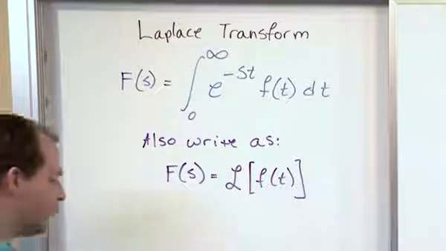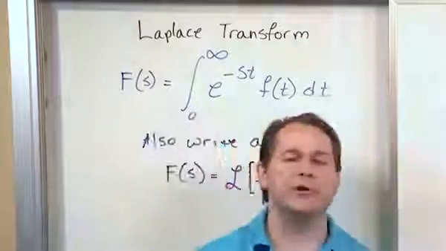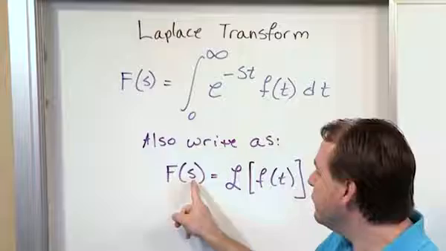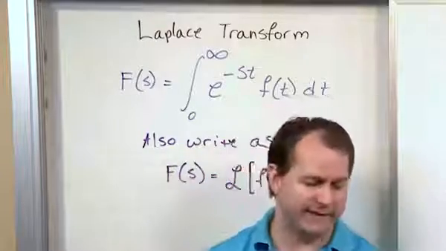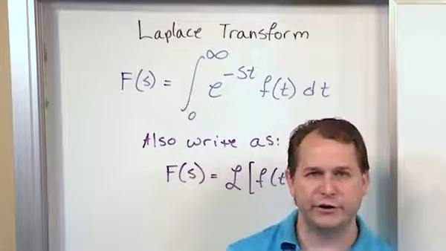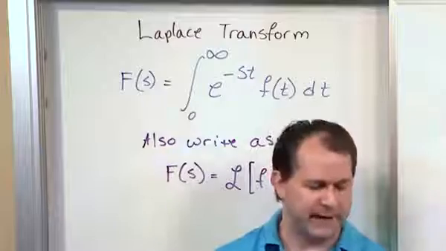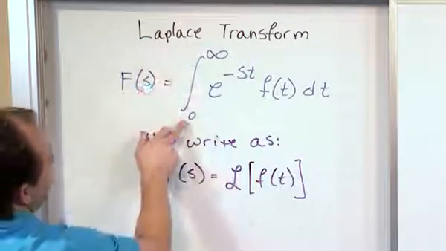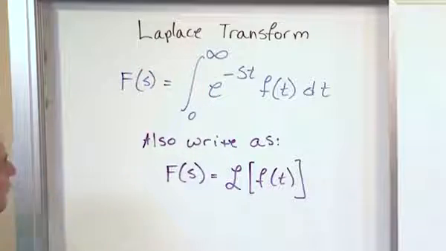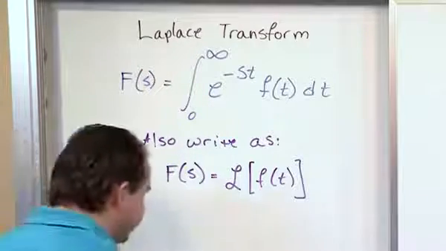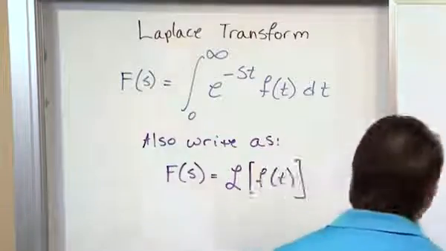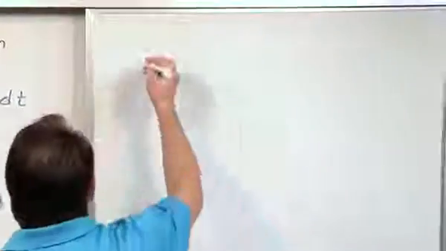So what we're doing is we're transforming a function from the time domain to the s domain. That's why I'm telling you that, because the answers that you get are just functions of what we call s. And so we get a new function as a result of that. And so I know that you've seen this kind of action before where you have 0 and infinity up on an integral. You probably saw that in calculus, but just to refresh your memory, that's called an improper integral, right? So when you have an improper integral,